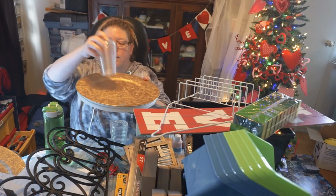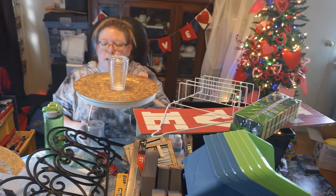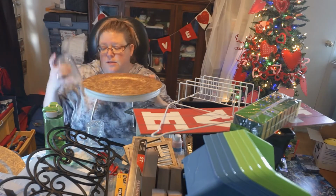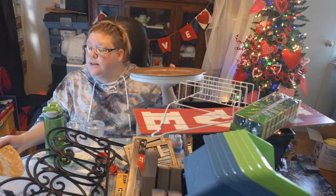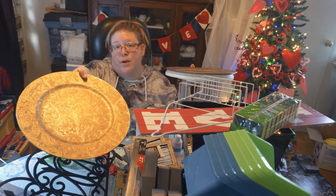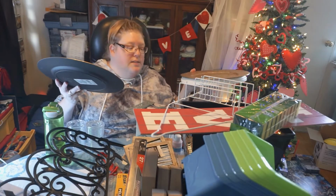And then I'm going to do this and this, and then put a charger plate on top, because I want to put my kitchen spices as well as my vitamins on these things. And I really, really like these charger plates. If you don't like the color, go ahead and paint them white or whatever you want, but I'm kind of partial to the color. I think it's really pretty, but because it has